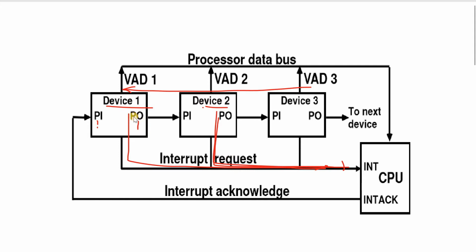If it is equal to 1, that indicates the acknowledgement signal passes through to the next level priority device, that means device 2. Then at device 2, PI value equal to 1 and PO value equal to 0. That means this acknowledgement signal goes through device 1, and is held, that means blocked, by device 2 because it is requesting some service. So this is the way we respond to interrupt requesting service from the various devices in serial